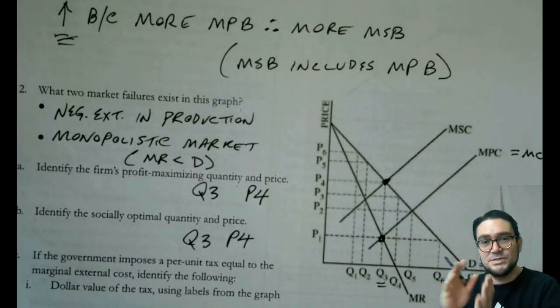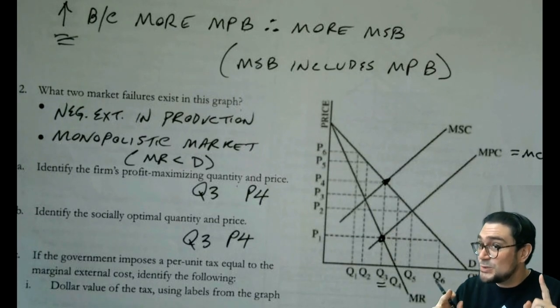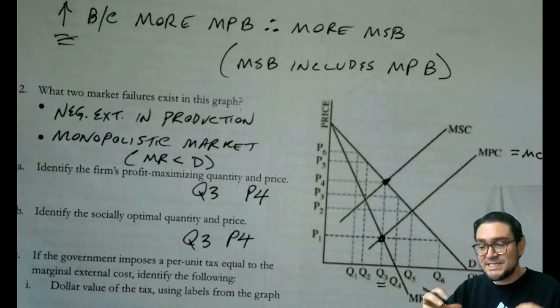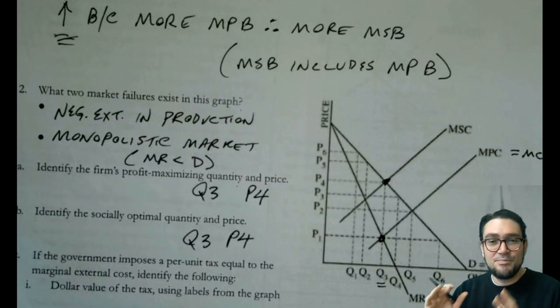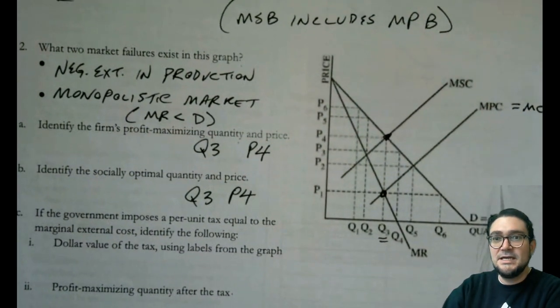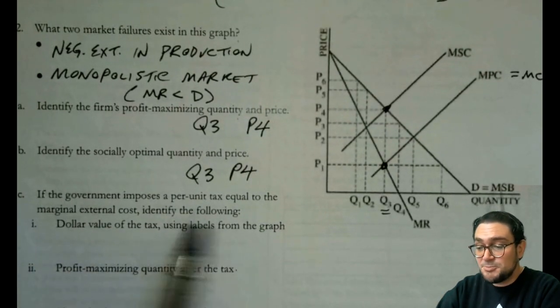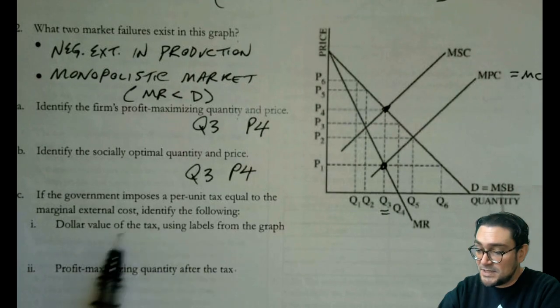That one of the market failures is causing the company to produce too much, and the other market failure is causing them to produce too little. And in fact, in the way they've designed this problem, they exactly cancel each other out. So it's such a cool little problem. I guess some people call it a trick question, but I think it's an interesting exploration of the implications of these theories. So if the government imposes a per unit tax equal to the marginal external cost, identify the following: